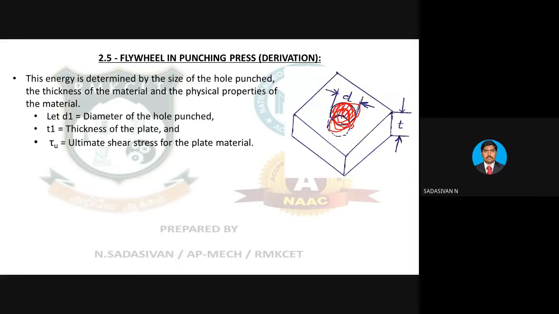Clear? So with that, and one more thing, this plate is placed on the punch. Now my tool is coming and hitting the plate. I'm going to create a hole. So much energy is required. So now I'm calculating how much energy is required. Now this energy is not going to be uniform. For almost 80% of the time, your punch is traveling from top to bottom. My tool is here. Tool goes up. I take this plate out and I keep the new plate for putting a hole. Now it comes down, and finally in the last few seconds only it touches the workpiece. Only during that short span of time, work is being done, which requires the entire energy.